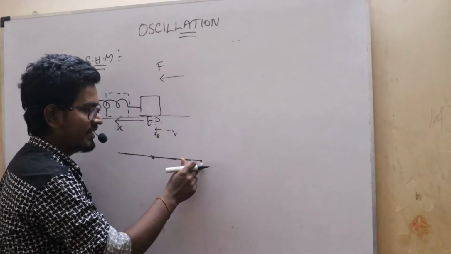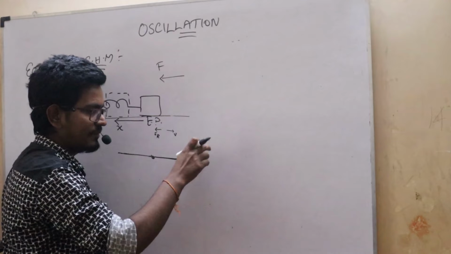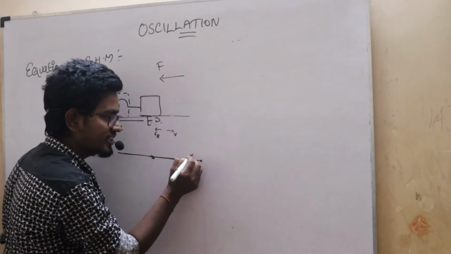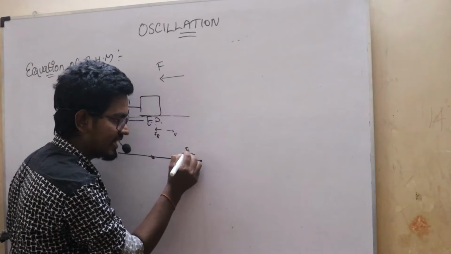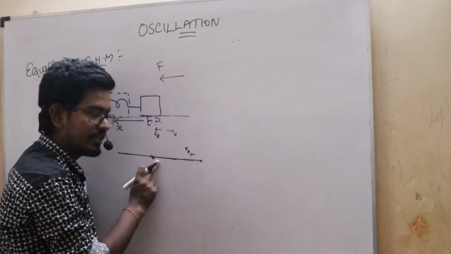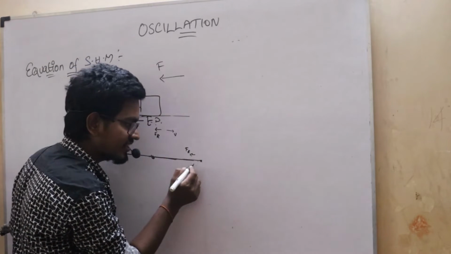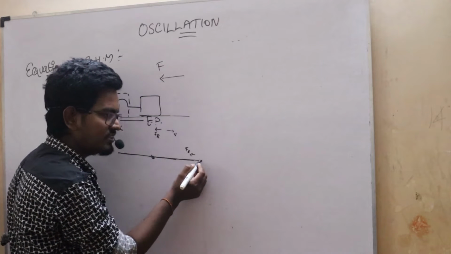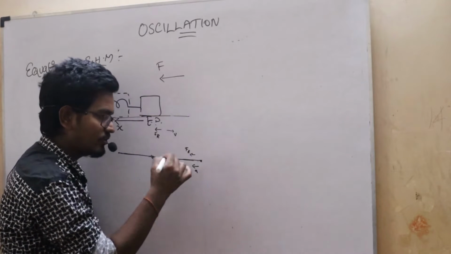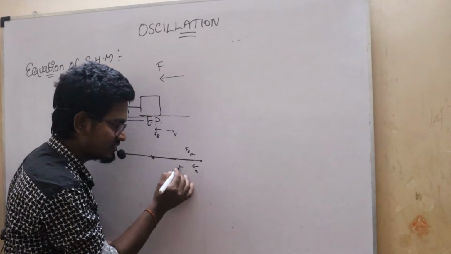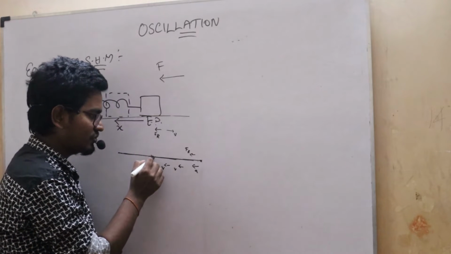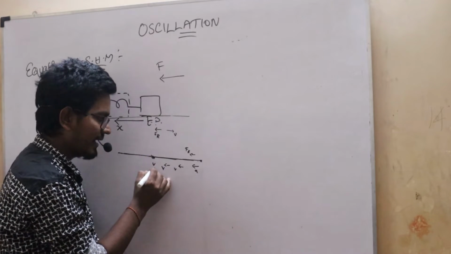And as velocity is 0, my restoring force and my acceleration will be in this direction. Here velocity is 0, then it will go back to its original position due to this restoring force. My acceleration too is in this direction, and once this block is moving in this direction, you can observe my velocity is gradually increasing, and after coming to this position, my velocity will be maximum.